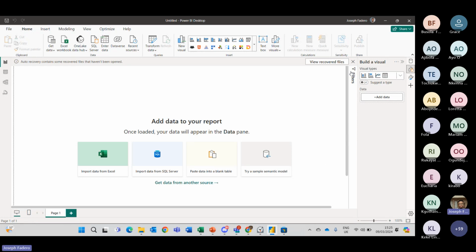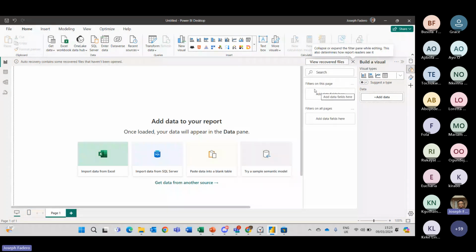Then you also have a section here called your Filters tab. If you want to add filters, so filters, not slicers, to your report, you can add them to this section, but you can also bring in slicers itself. I'm sure we must have been told in Excel that slicers are a lot better to some extent than filters, and there are a whole lot of things you can do with slicers. The same thing applies to Power BI.